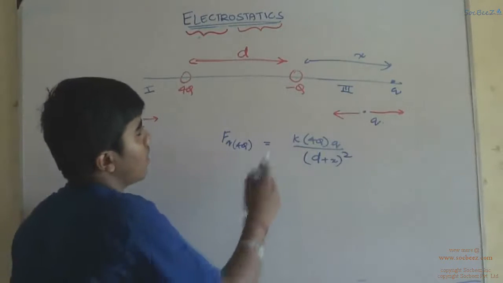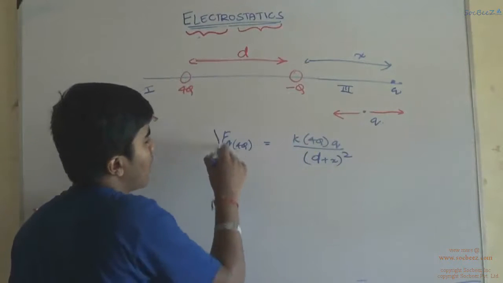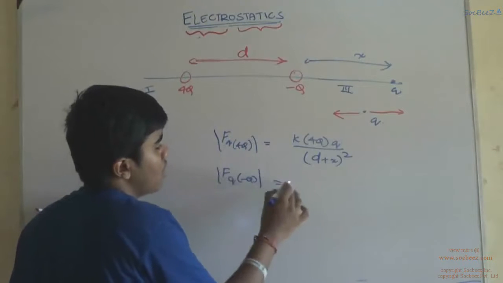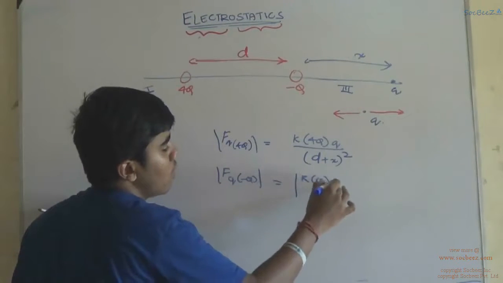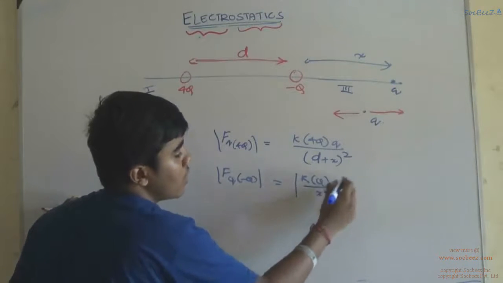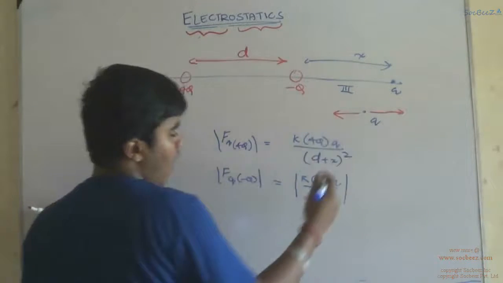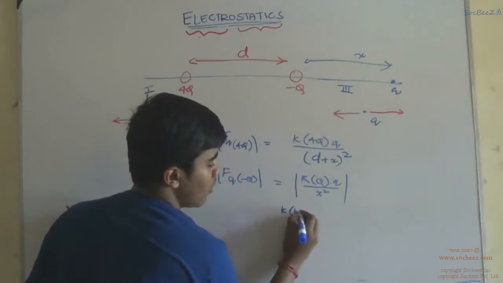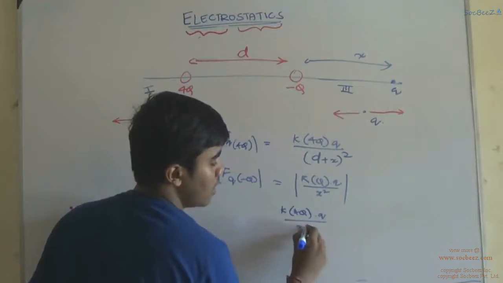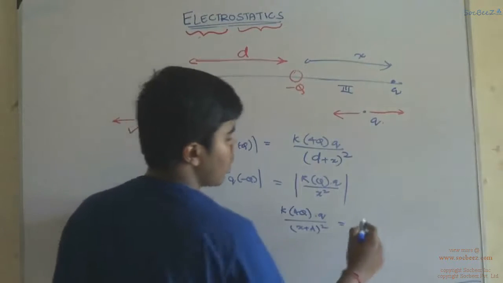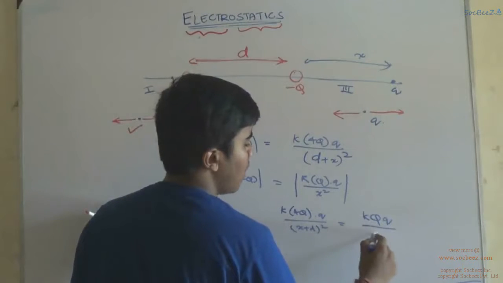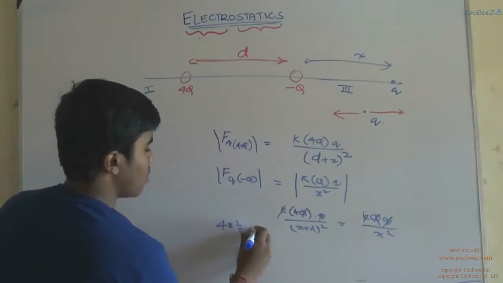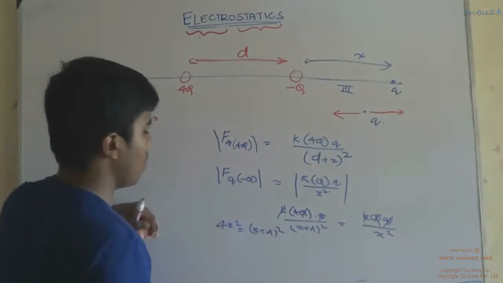Okay, and the magnitude of force on q due to minus q is equal to k q square by x square. Now since we are already considering the directions, for the net force on this charge to be 0, we say that k times 4q times q by (x plus d) square should be equal to k times q by x square, which means 4x square is equal to (x plus d) whole square, which would mean